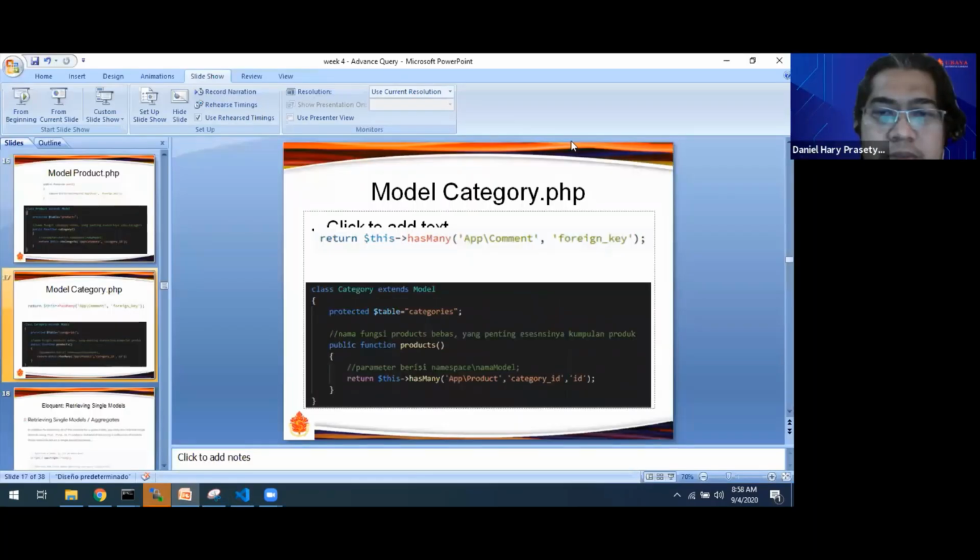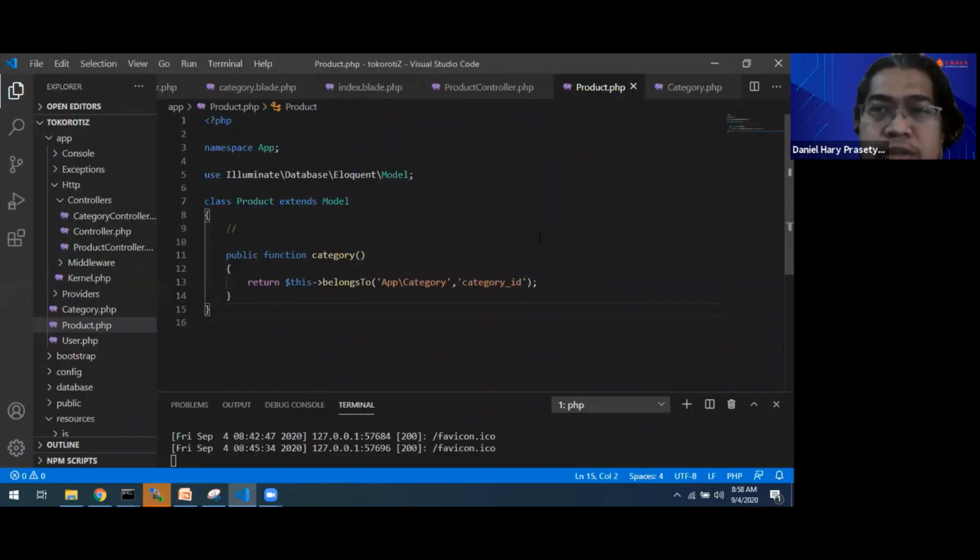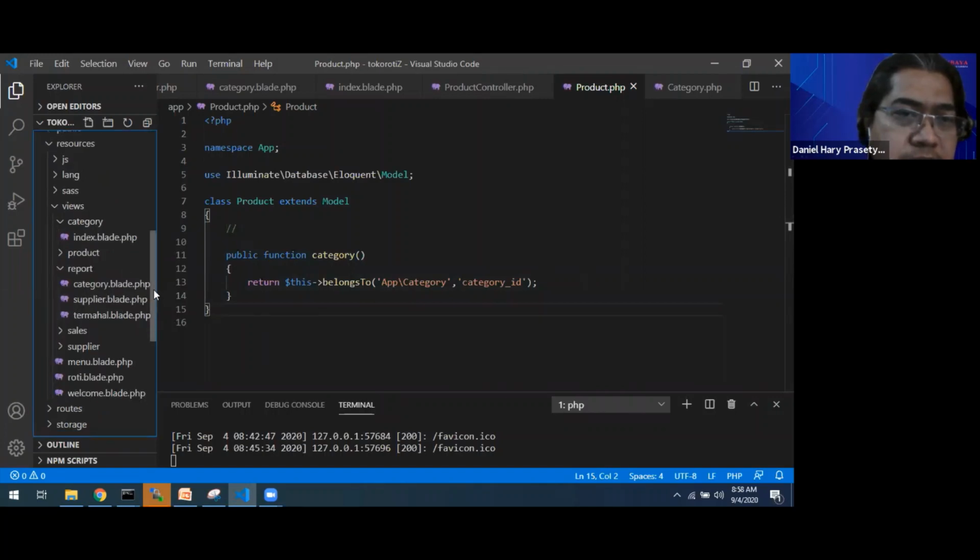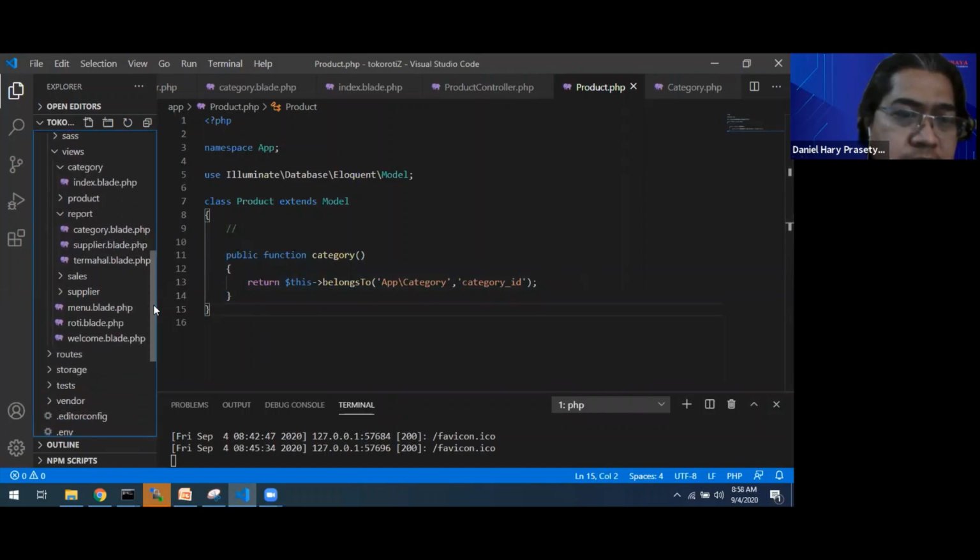Okay, before doing it for the show, we will use it in show method, in show function. Oh sorry, this one we can use not in the report.